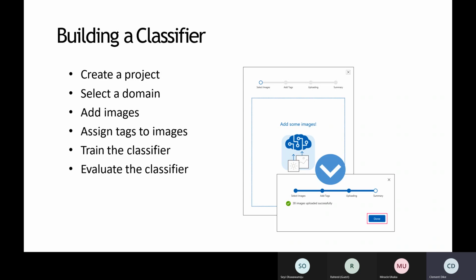You go to customvision.ai, you create your project. I'm still going to talk about that during the demo, so you see that. So you just create a project, you select a domain. Now, what is a domain? So there's domains that are like, let's say you want to